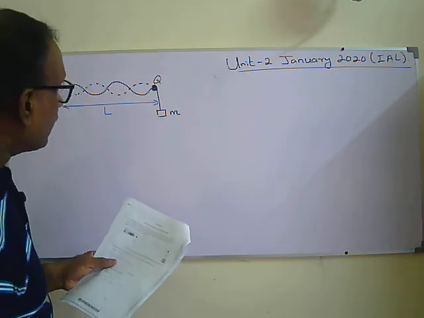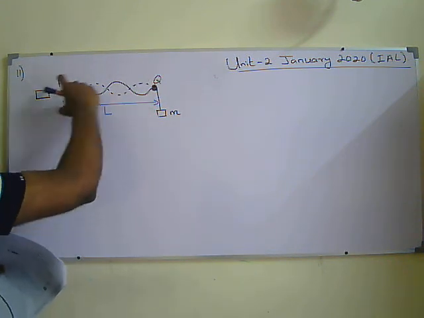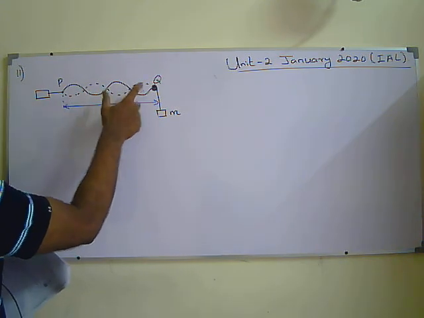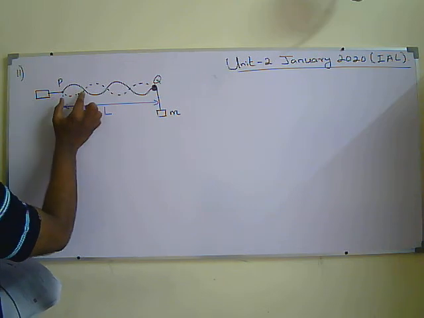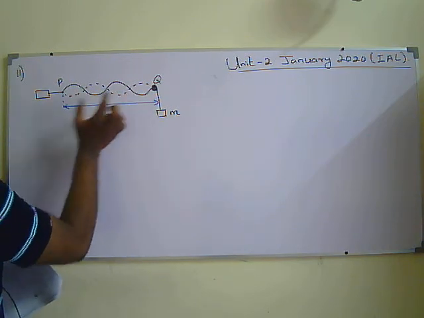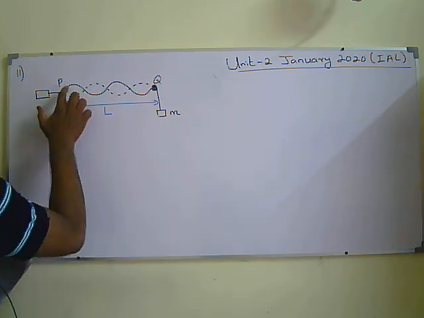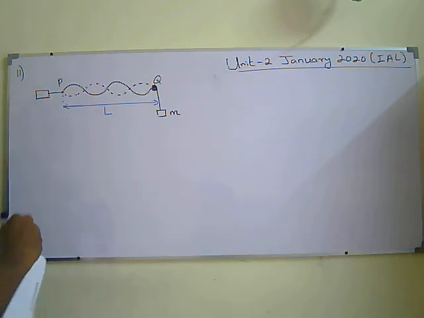There are traveling waves generated by the electrical vibrator that go and reflect back, which forms the stationary wave. There are four loops. The length of one loop is lambda by 2. Node, here also node. So the distance between adjacent nodes is lambda by 2. So 1, 2, 3, 4. Four loops are there. One loop is lambda by 2.